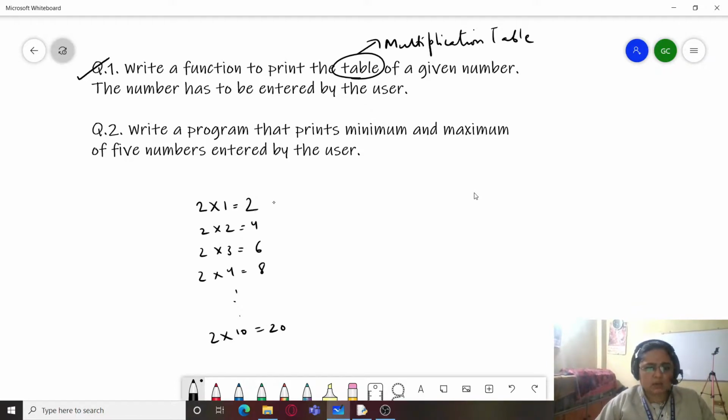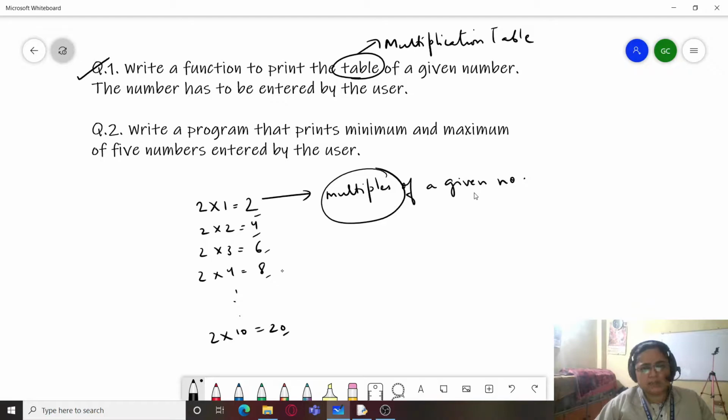So this is how a multiplication table is written, and actually what it returns is multiples of a given number. So you can see 2 multiplied by 1, 2, 2 multiplied by 2, 4. So 2, 4, 6, 8 up to 20. These all are the multiples of a given number. So how to generate multiples of a given number?